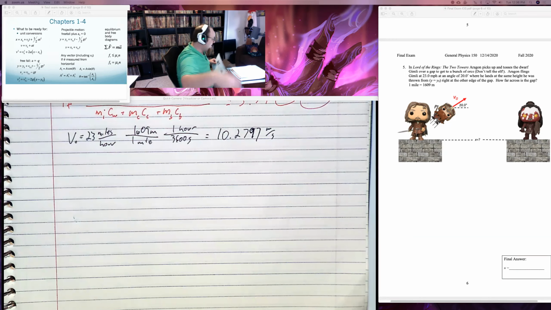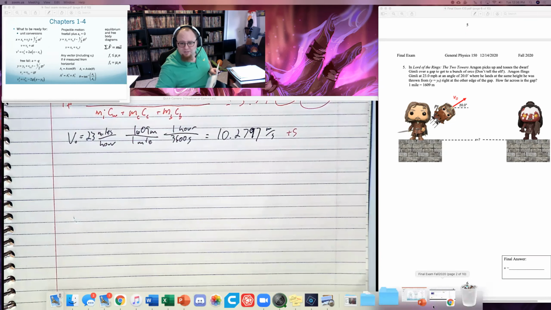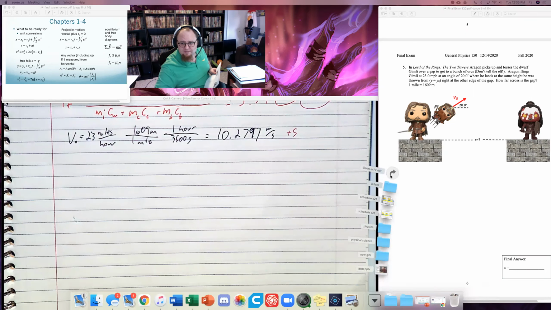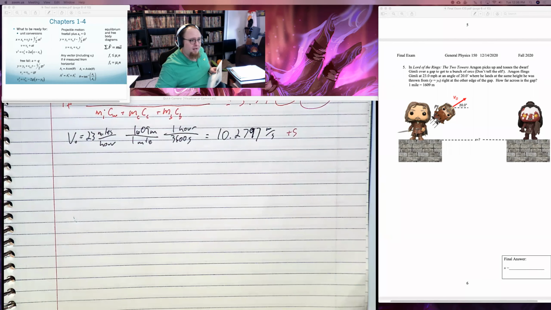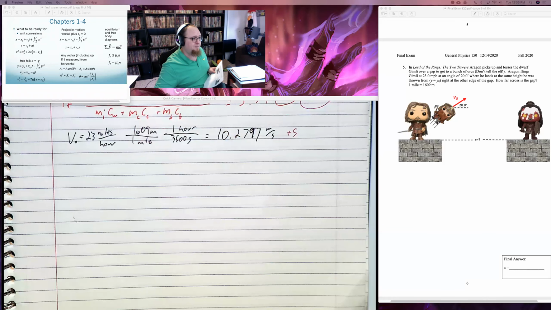I don't have the stats with me. I should have opened those up. While I'm going to start solving this, I'm going to open up some stats. As I said before, you can skip one problem. This might be interesting, so I'm going to find it. 0 people skipped this problem last semester, just so you know. 0. Not one.